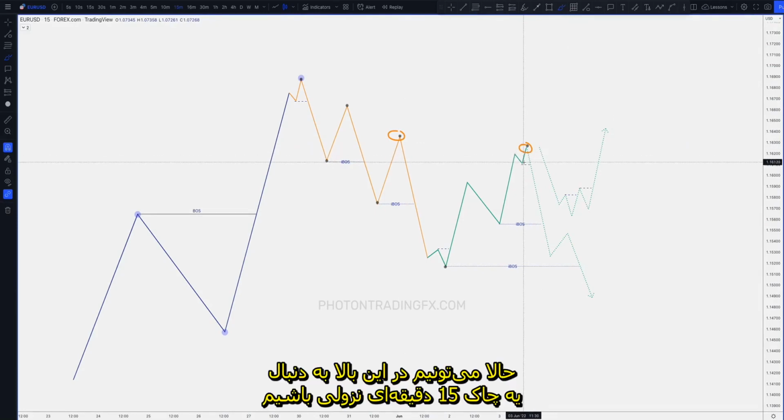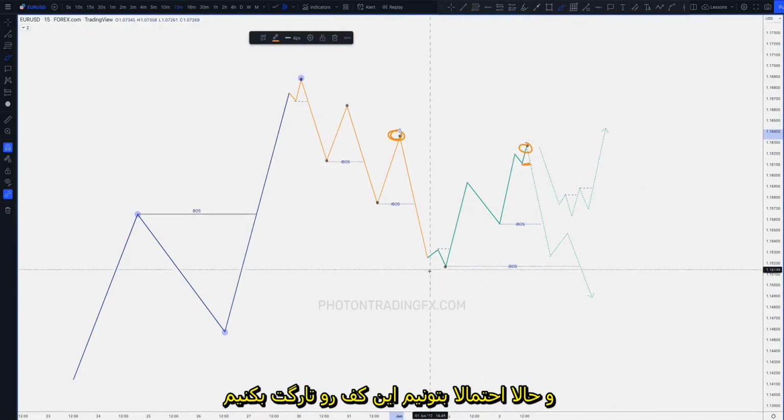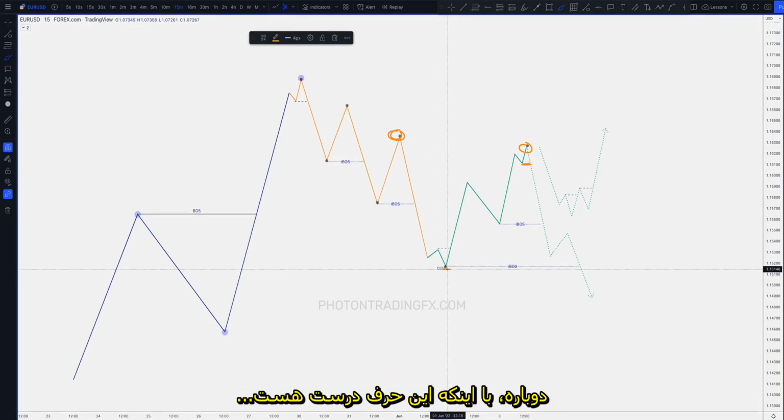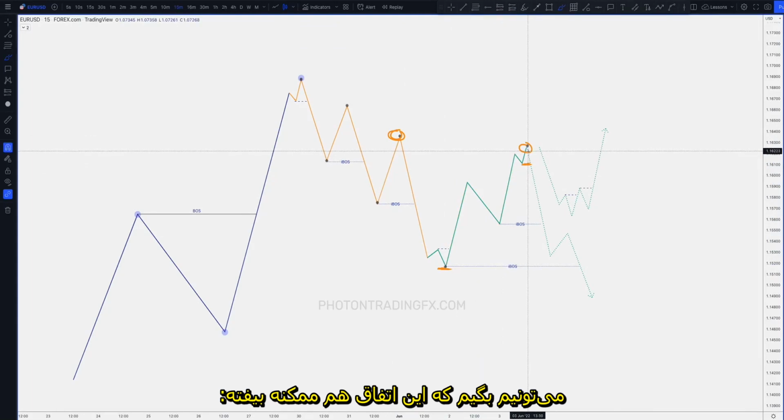Okay, so then what we can look for, we don't have to, but we can look for another bearish M15 CHoCH up here to signal that this strong high is holding. And then we can potentially look to target this low. What we said before is that once we get that bearish CHoCH, this low is now ready to be targeted. Now, whilst that is true, the next level of understanding is if we can see those larger internal swings of the internal price action, then what can often happen is price can